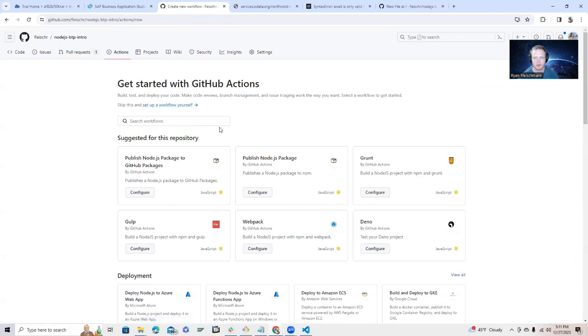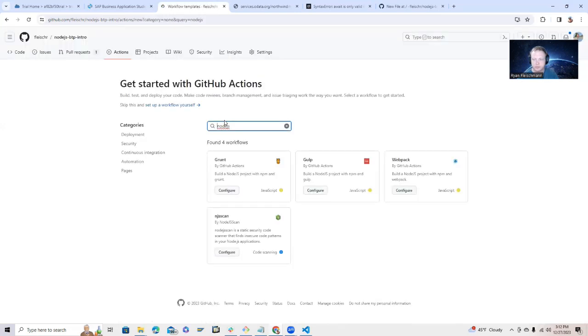there are many different workflows for Node.js overall. Some of these are general Node.js things, not even specific to BTP at all. You can make custom ones if you like, but there are a lot of templates here that are good for you to check out. Let's go look for a good one that's easy to implement. So I'm going to look under Node.js. And I like this one. This is a Node.js scan. So if I select configure here,